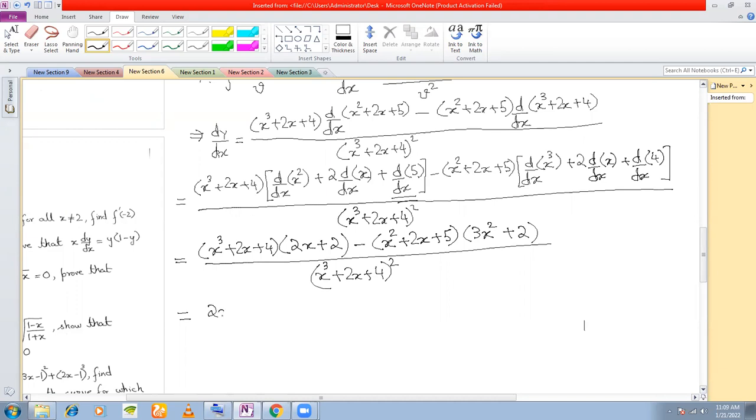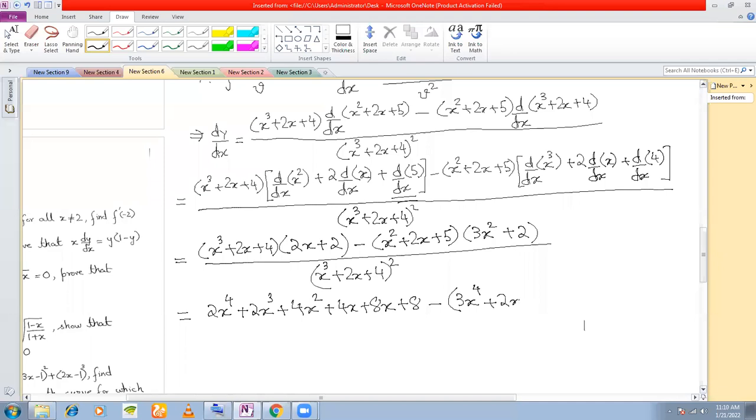So you have 2x to the power of 4 plus 2x cube plus 4x square plus 4x plus 8x plus 8 minus, and here you have 3x to the power of 4